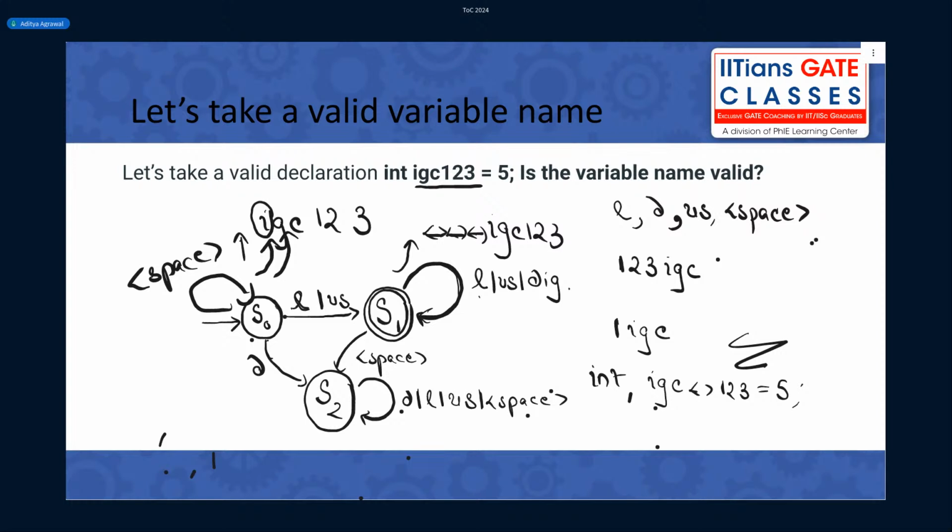You are having a transition for each symbol that I have defined, in this case L D, underscore and space, from each state. Yes or no? Am I missing any symbol?